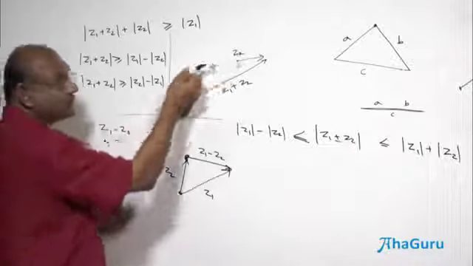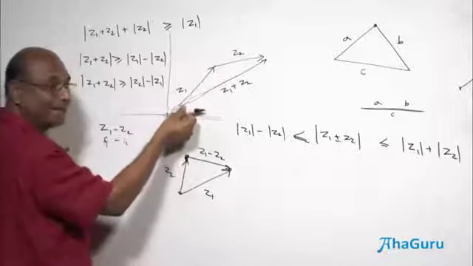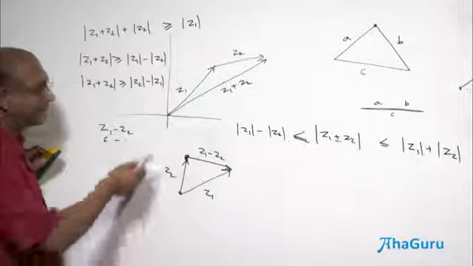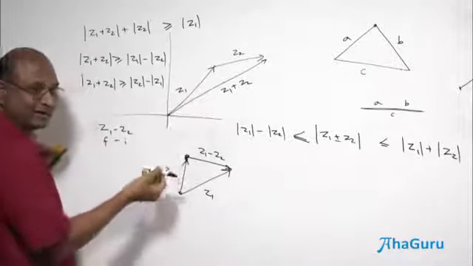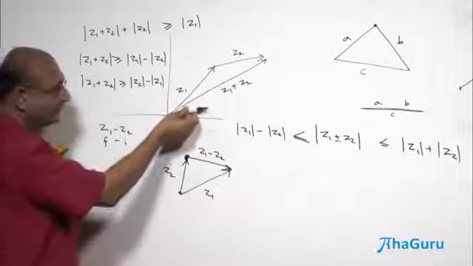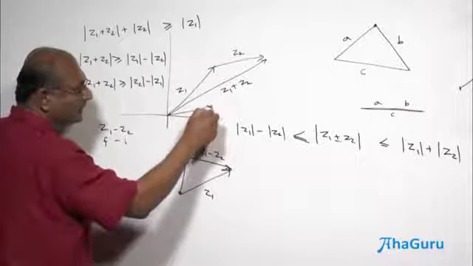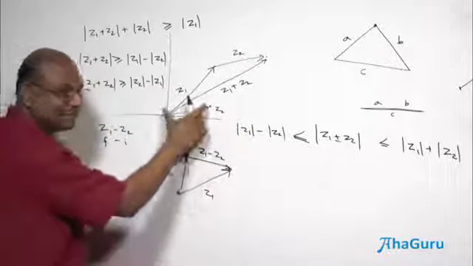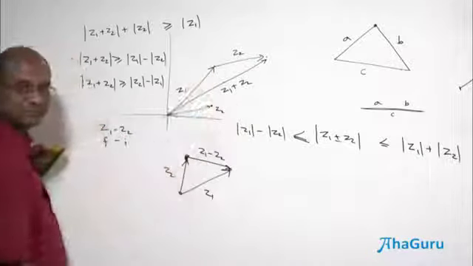Here Z1 and Z2 don't start there. Actually Z2 was supposed to be there. I moved Z2 there. It's a parallel vector. It is obviously not a Z2 point, because Z2 is also a point. This is Z2. That point is not Z2. This point is Z2. I am just taking the vector and moving it there.